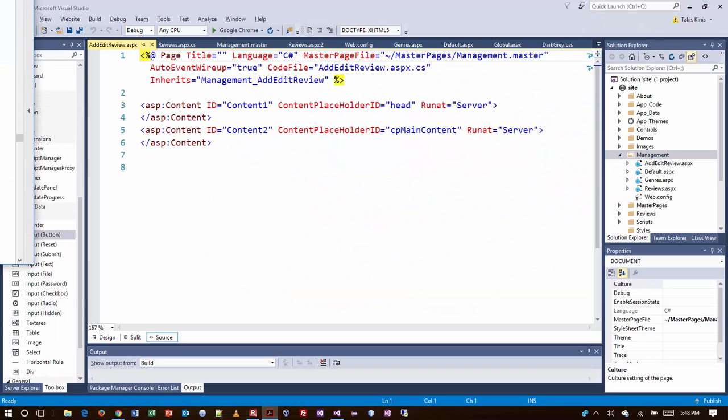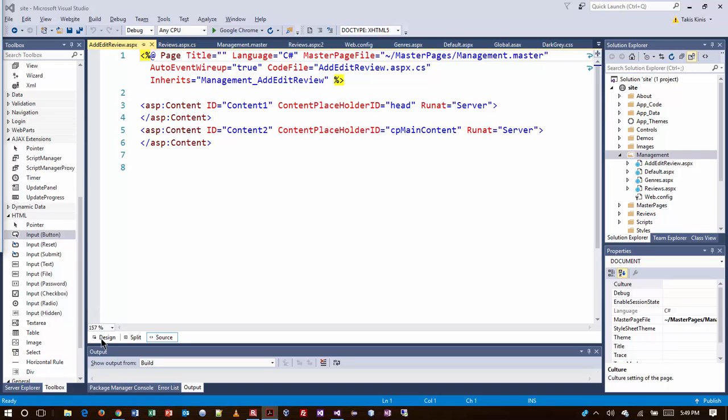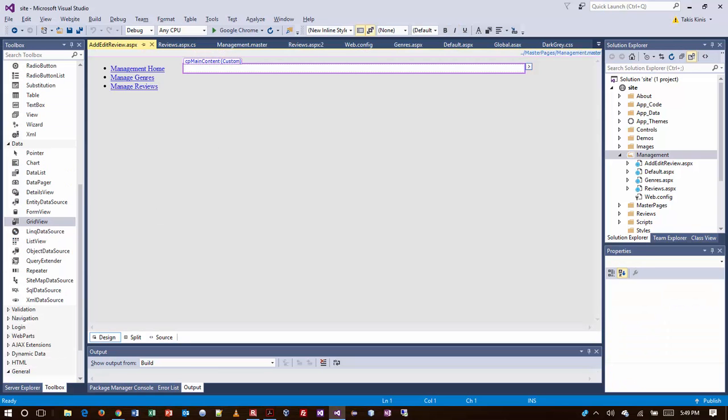And I'm going to pull this off to the other screen here. They want us to jump into design view. And then in the data section,